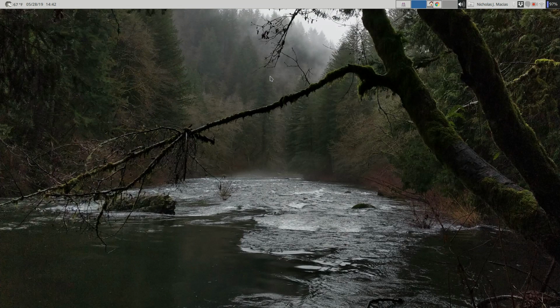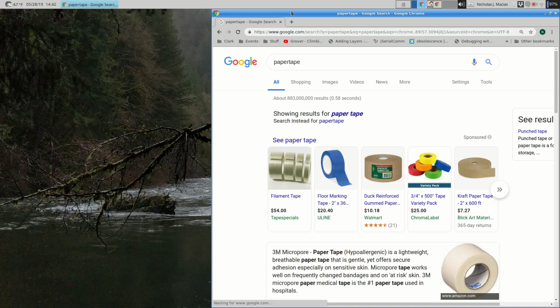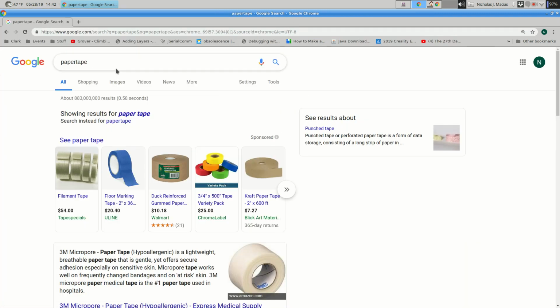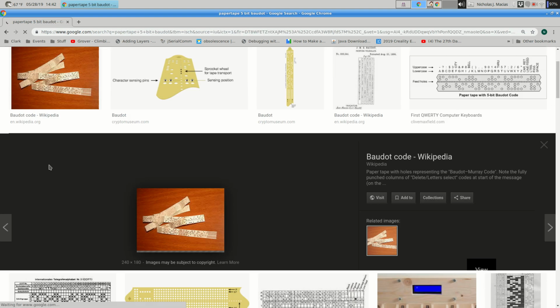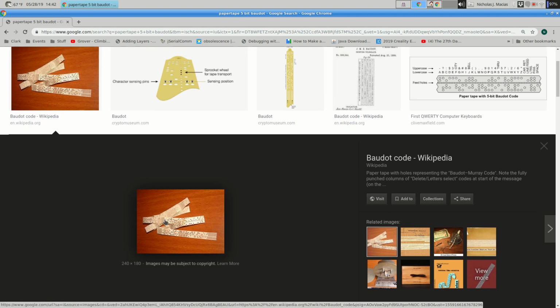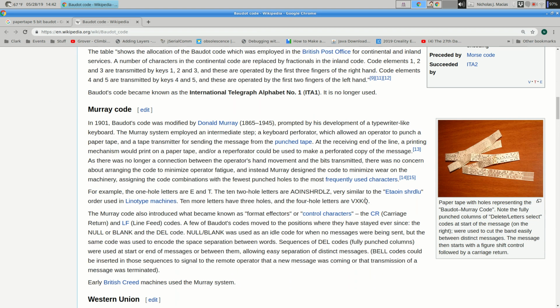Everybody know what paper tape is? There's what paper tape looks like. It's like those card readers.